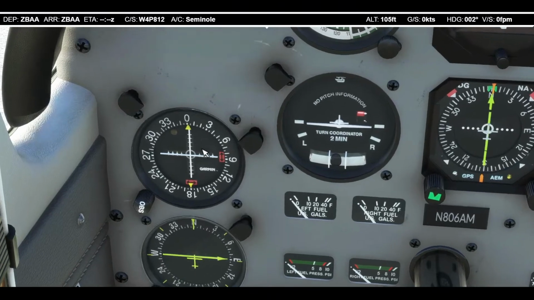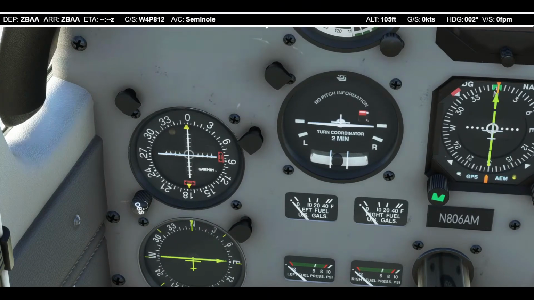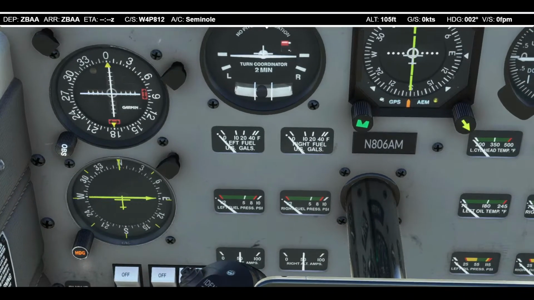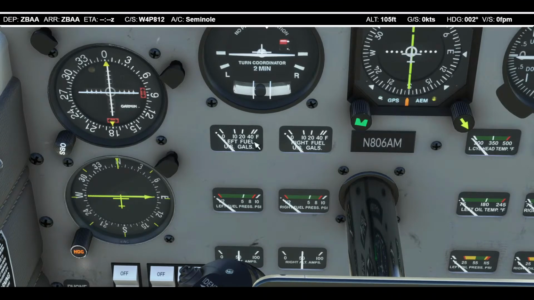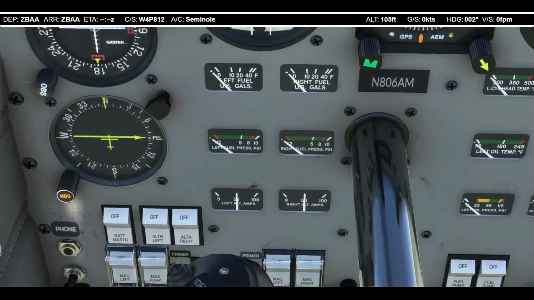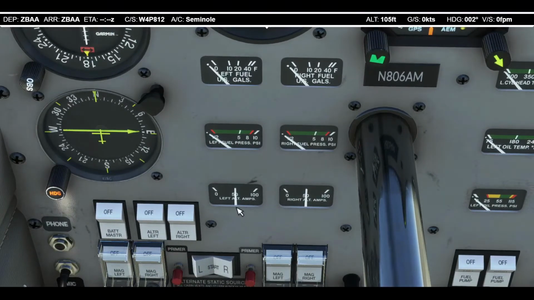this should be your nav. You can dial in your nav for the VOR. What else? We got systems telling us there's a left fuel tank and there's a right fuel tank, and that there's a left fuel pressure that can be measured. Same goes for the right fuel pressure, of course. Left and right